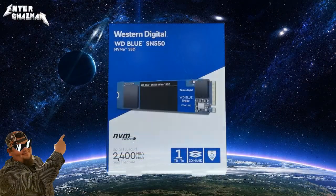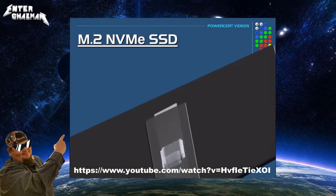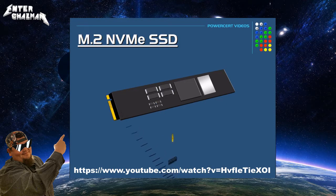As for storage, I went with a 1TB Western Digital Blue SN550 NVMe solid-state drive. Now again, considering my previous PC was going on 10 years old, this is my first game console or PC that has had a solid-state drive put into it. So at 1TB, my OS fits in there perfectly and leaves room for a handful of games to be installed